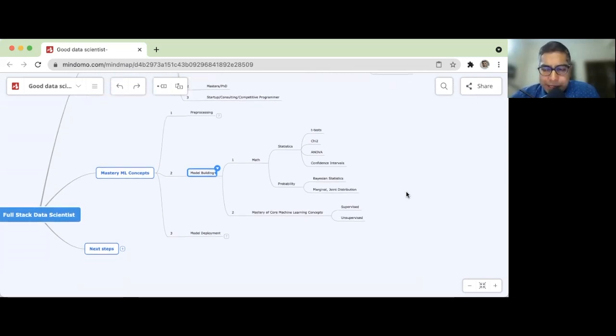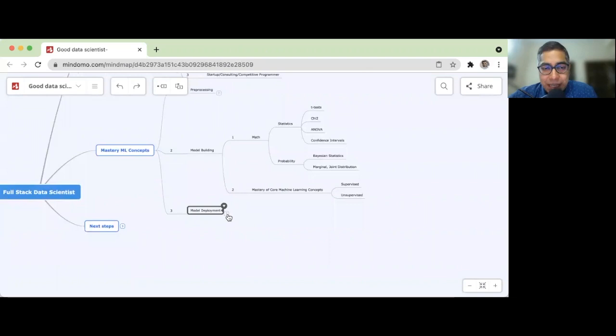So all of the core machine learning concepts are going to be covered, but this is where the interviewers focus a lot of the time: supervised, unsupervised techniques. In case of deep learning, all of the convolutional neural network concepts and the recurrent neural network concepts might look overwhelming now. Don't worry about that, but I'm just saying become masters of that.